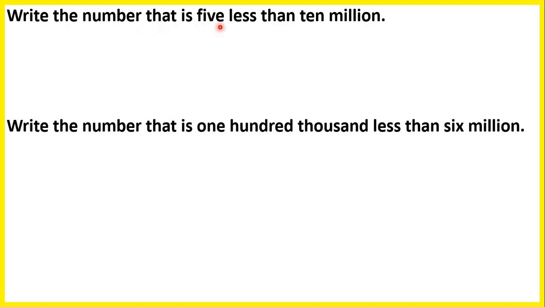Write the number that is 5 less than 10 million. So here we need to work out 10 million minus 5. We write 10 million with a 1 followed by 7 zeros, because if we remember our place values, we have our ones, tens, hundreds, our thousands, 10,000s, 100,000s, then our millions and 10 millions. So 10 million minus 5 is